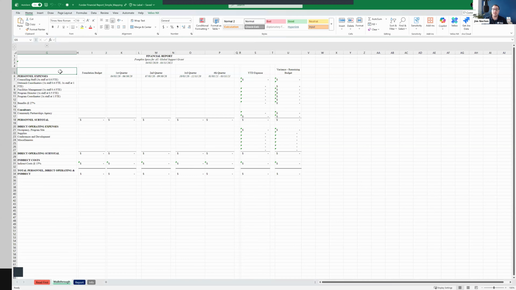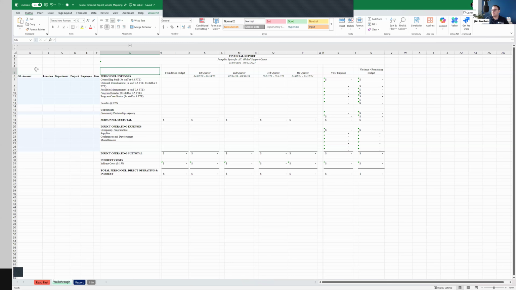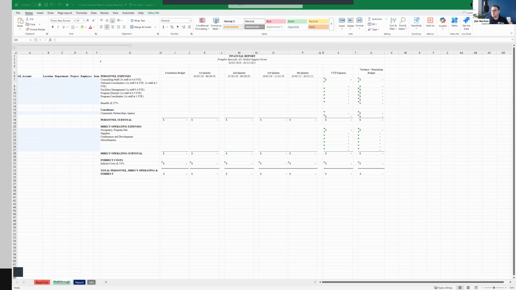So when you find yourself in a situation like this, the very first thing that I would do is add myself some columns off to the side. And these are going to be our mapping. You'll see here that we've got mapping to align with whatever GL account and whatever other dimensions are relevant. In this case, I chose a bunch of dimensions as an example. Yours may be two dimensions that constitute this line. Yours may be five dimensions. It's really user by user, org by org. But you can have this mapping here.